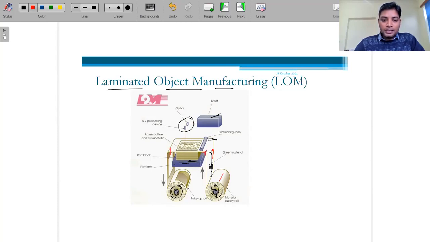From here it is started, and from here it will move up to this one. Whatever the cross section area is, it will be like the thickness or the material width we are taking. So accordingly we are defining this cross section area, because this is the width and this is the length we are taking. Okay, so what we are doing is, initially we are keeping this platform here.